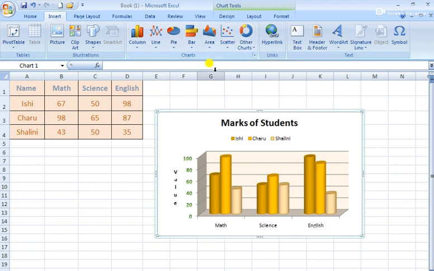So that's all for the day from my side. If you have the system, you can apply it. If not, then just note it down, keep it in your mind. If you are having WPS on your phone, then you can do the Excel work in that also. If it is not there, then no problem.